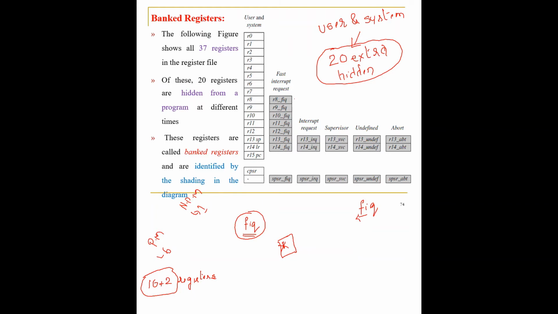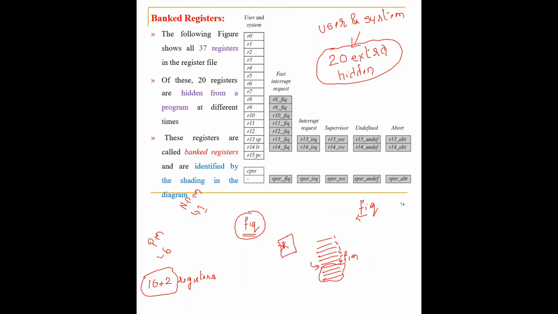As it starts doing the work of this interrupt request, all the registers R8, R9, R10, 11, 12, 13, 14 will get themselves renamed to the registers as per the mode in which it is going to work. So let us say that it was executing a particular code and this is where my fast interrupt request came into picture. So 1, 2, 3, 4, 5, during the 6th line it came into picture. The 7th line will not be executed. This part of the program will be executed after the interrupt request has been served.